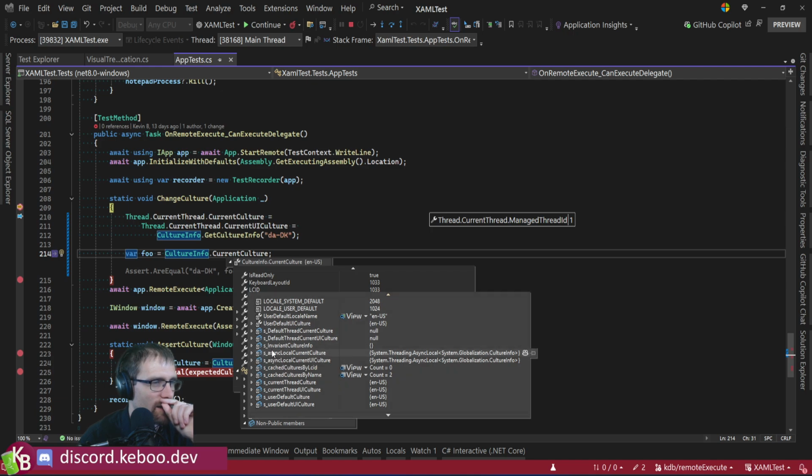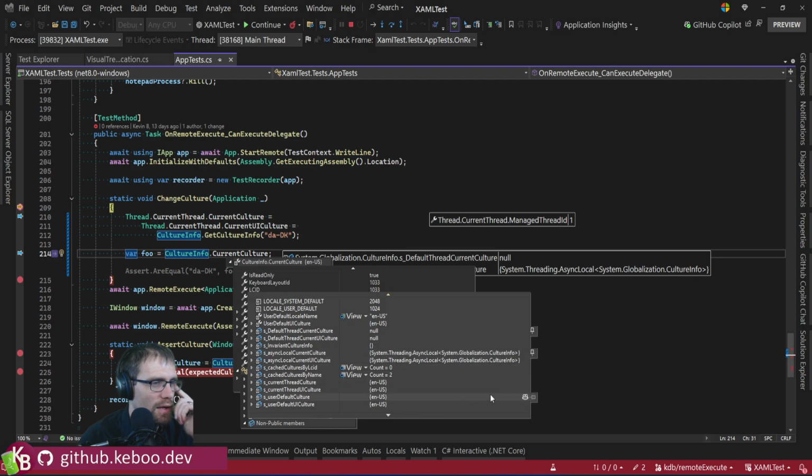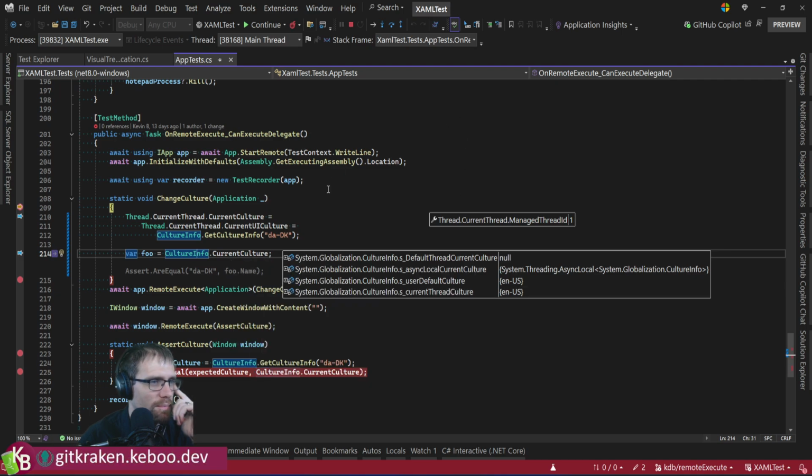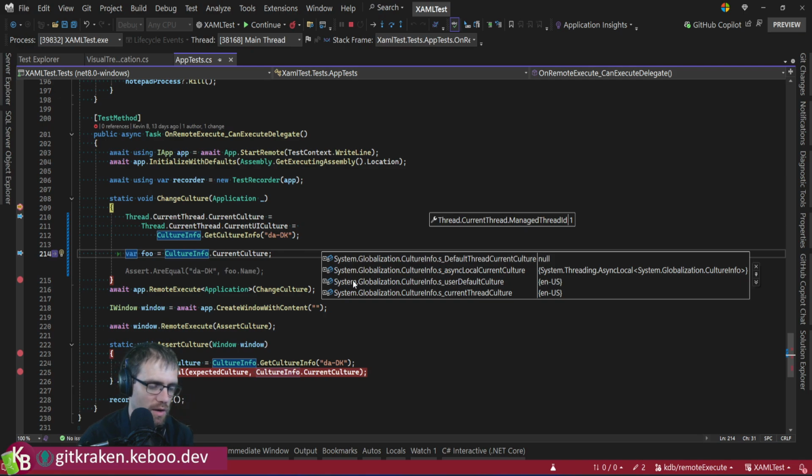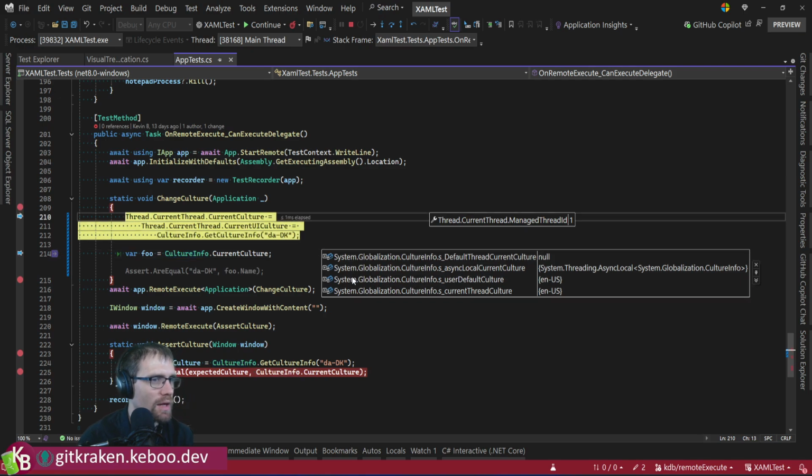That is there. Default thread current culture. So we're going to go there, async local culture, and S user default culture, current thread culture. I think those are all of them. Okay, so there's that. We are going to go step,